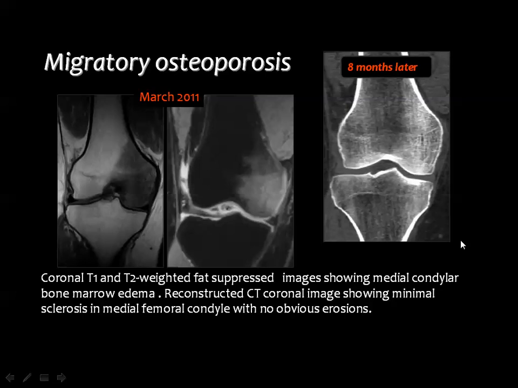Then this patient with migratory osteoporosis first presented with a lesion in the knee joint, low signal in the T1 and high signal in the STIR, and this is the CT scan of the same patient 8 months later. You cannot appreciate any lesion. And in the region of the condyle, you see normal bone trabeculae with no